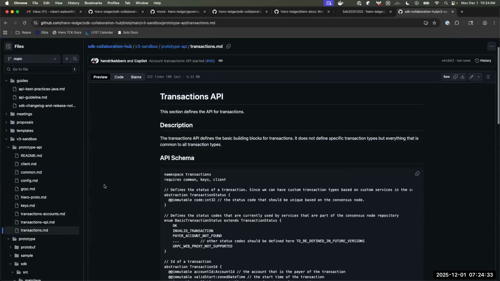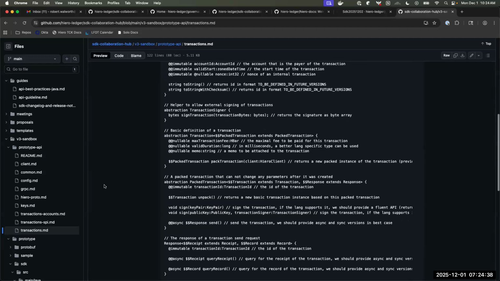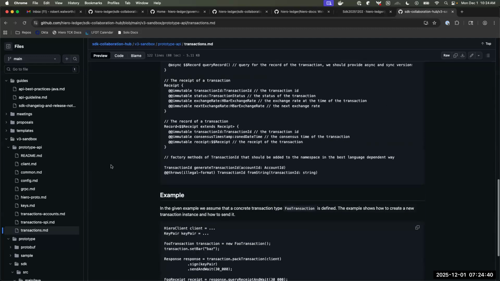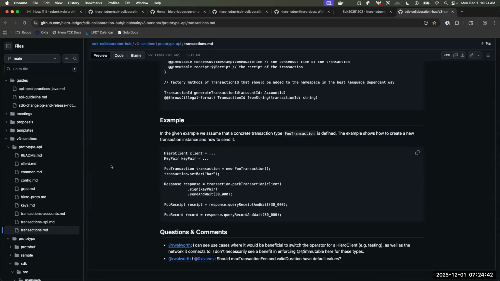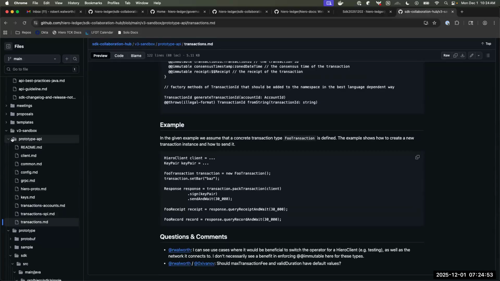So maybe people can go through and take a look at these on their own time. But like Hendrik said, this is where the definitions are being made and is more representative of where we're at currently as opposed to the actual code.